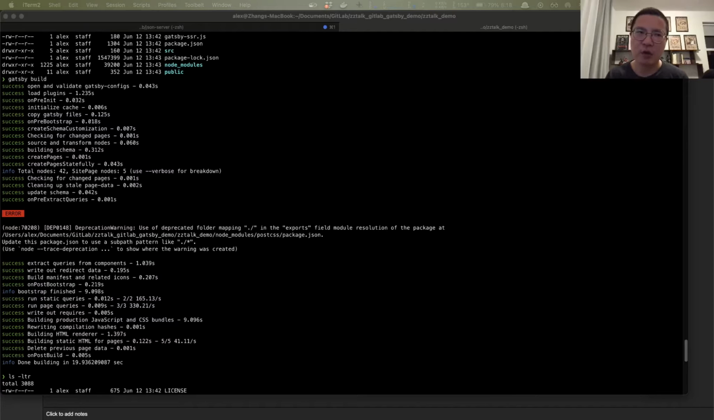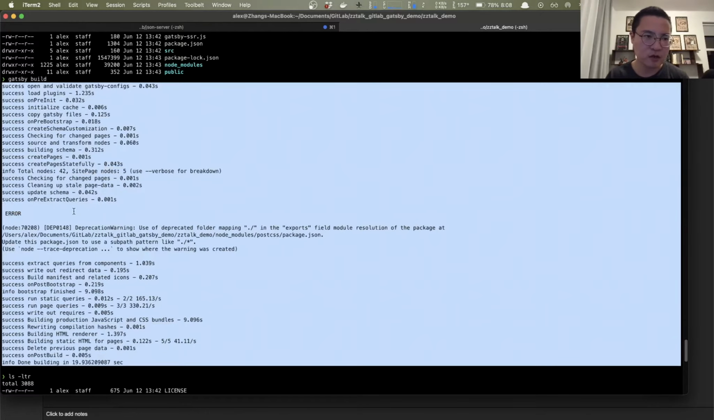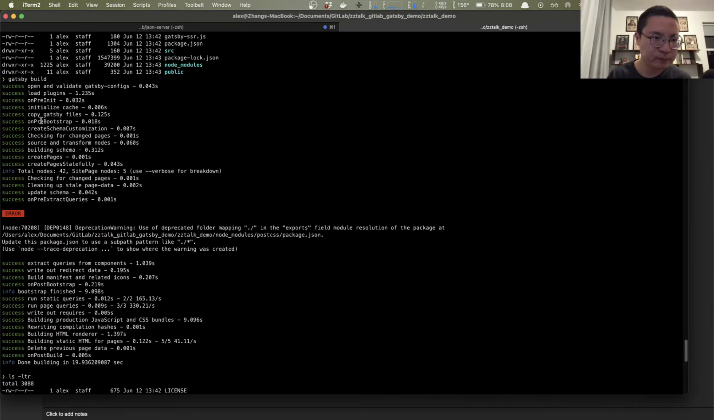Gatsby has a command called build. If we issue gatsby build, like what I did right here, it will generate a new folder, and inside of that folder there will be the website that I can deploy somewhere. And you can see in the console here we get some information like building schema and build manifest, related icons, etc. Right? So once it's done, if we take a look at the folder,